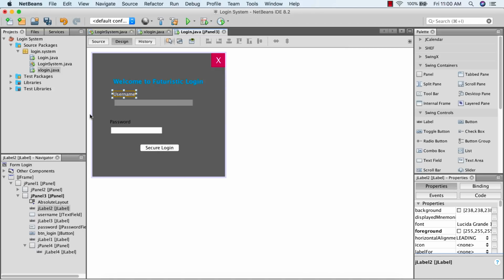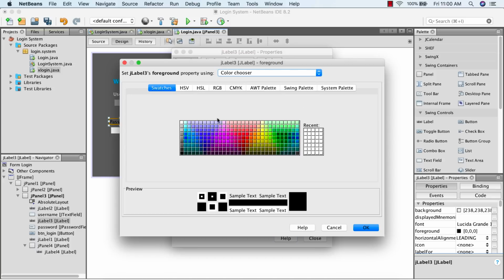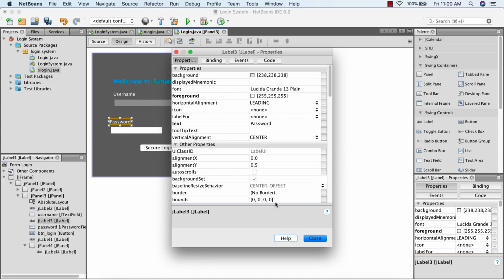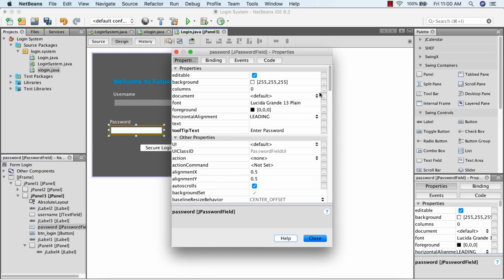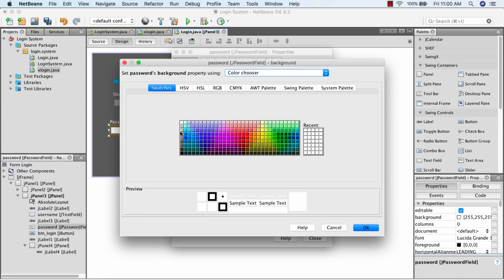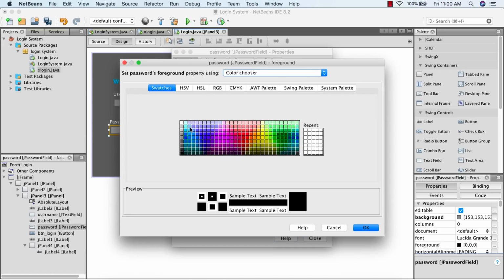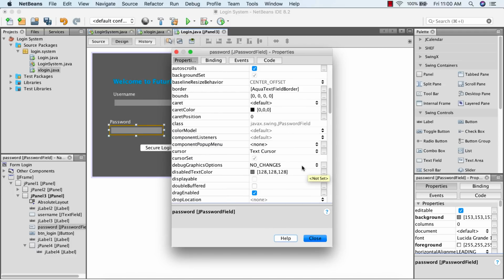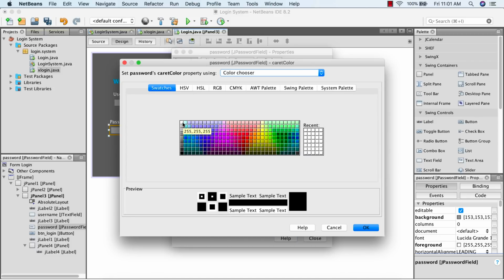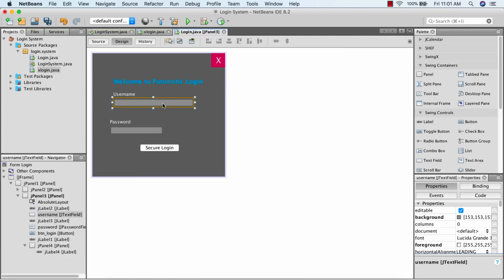Foreground color. And one last thing is the caret color. Okay, so